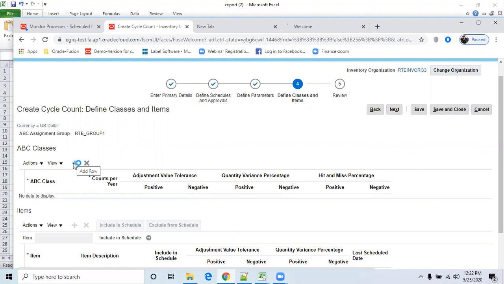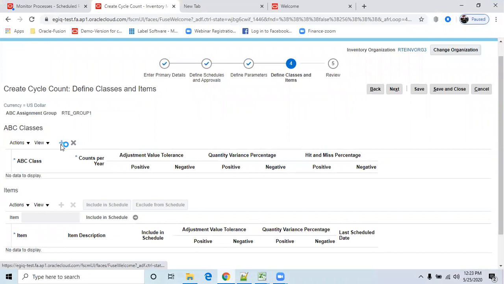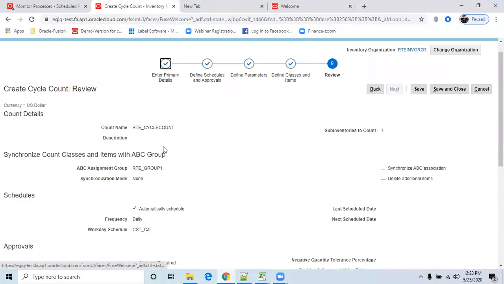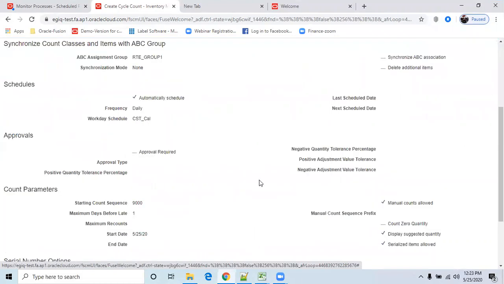Let me wait, add row has to come here. I think the instance has become slow. What is happening here? It's not coming. Just click on next, we'll do it later.